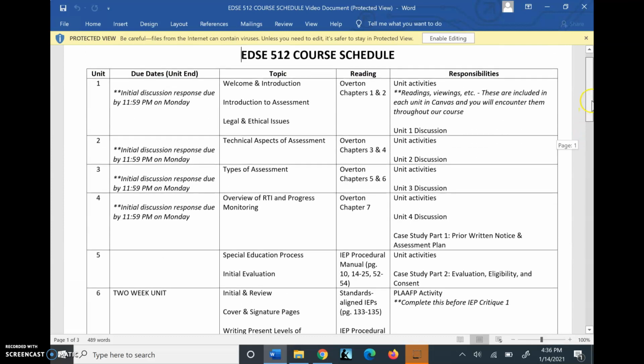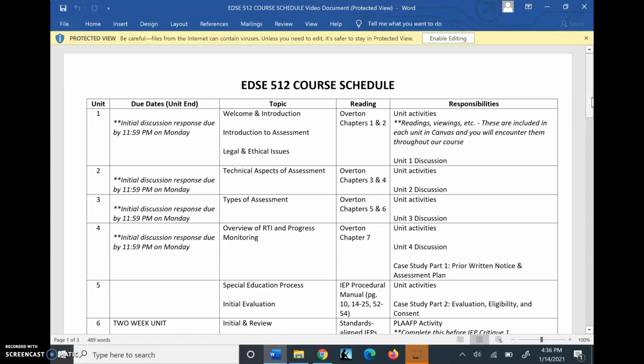The purpose of this course, there are many, but the way that I would best describe it is the main idea of our class is learning to write a really strong IEP document. And this is something that I am most passionate about, so I'm really thrilled that we'll all be working on it together. You'll have the opportunity not only to write many different sections of an IEP document for a case study student that you'll select, but you'll also have the opportunity to critique IEP documents that are provided to you,